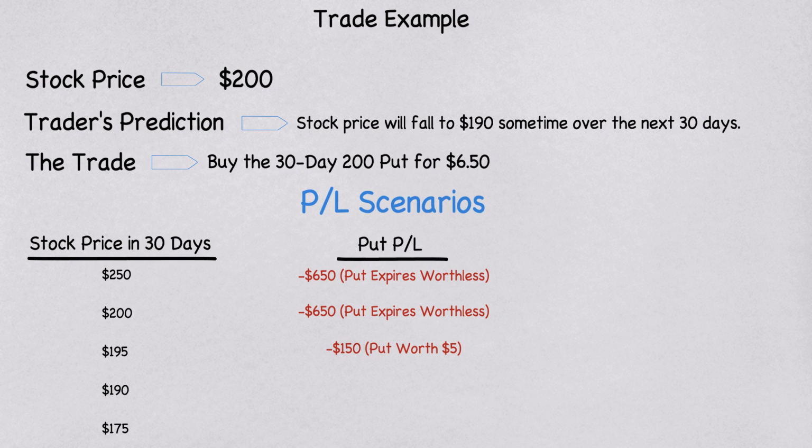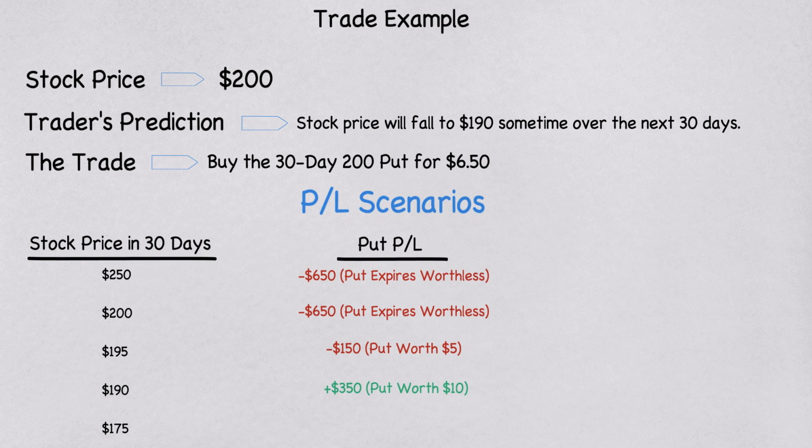per put contract. Now, if the stock price decreases to $190, then we would have a profit of $350 per put contract, since that 200 put is going to be worth $10 and we purchased it for $6.50. That put contract is going to be worth $10 because with the stock price at $190, there's $10 of value in being able to sell shares of stock $10 higher than the current stock price, which explains the put's